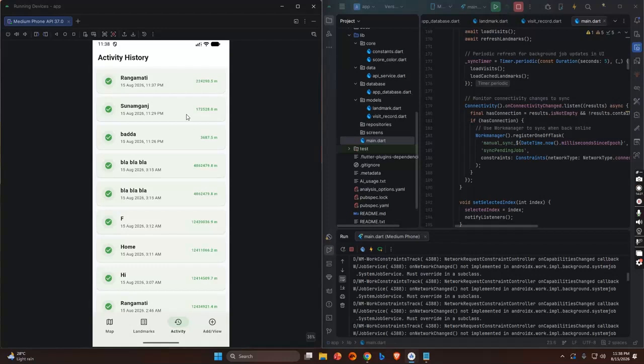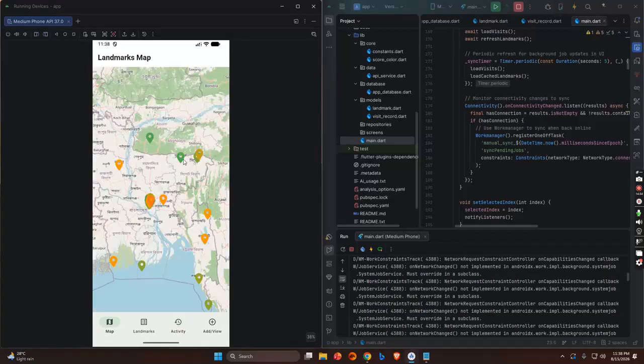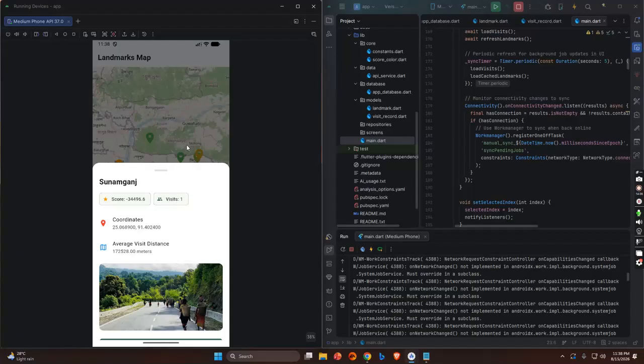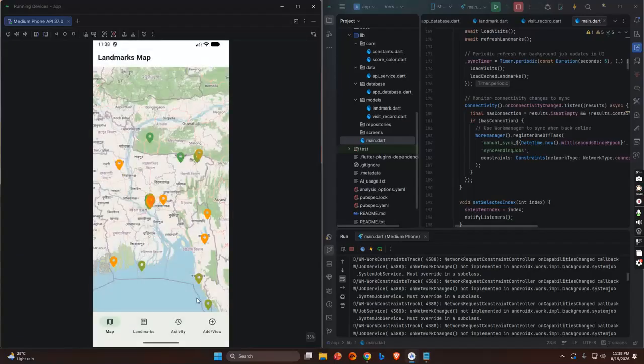So also the visit feature is integrated into the map, right? We can see the visit feature in here, like Sunamganj visits is one, right? As we visited one time. So when visit is clicked, the app retrieves the device's location and queues the visit in a local SQLite table as pending, as we saw. So to wrap up, let's trace exactly how the data moves